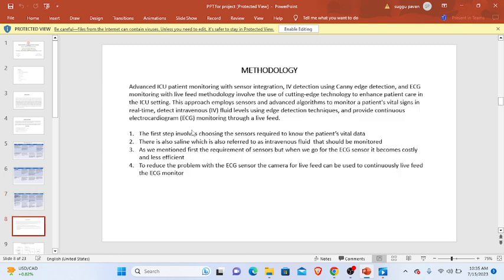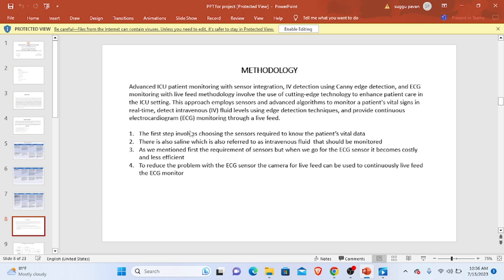The methodology is as follows. The first step involves choosing the sensors required to know the patient's vital data. If a patient is suffering from a disease, there are some general basic details which we keep with us, that are the temperature, the blood oxygen level, and body resistance. These are the major values which we take from every patient continuously. So we have integrated this through the sensors, and the sensors will continuously take the data and display it